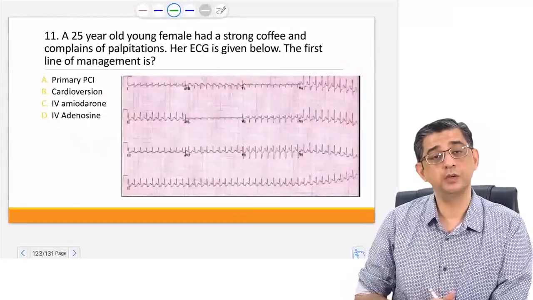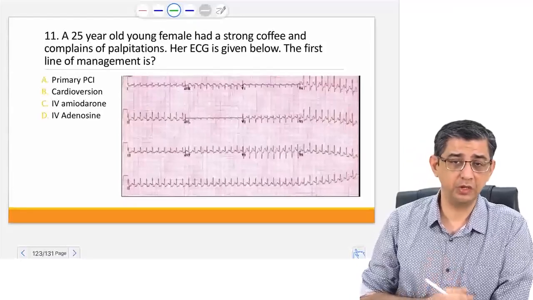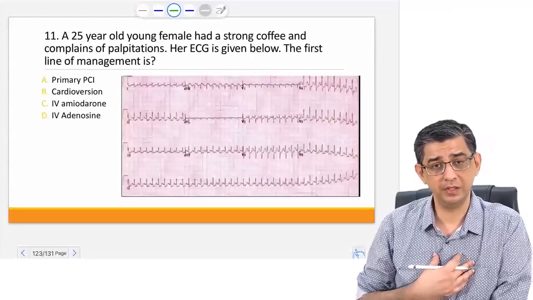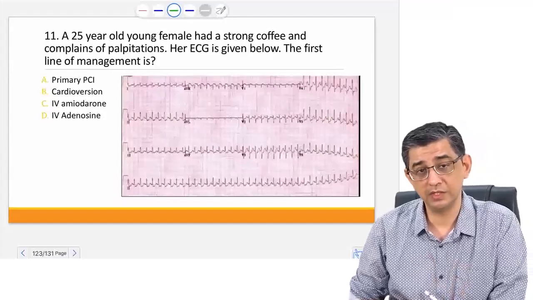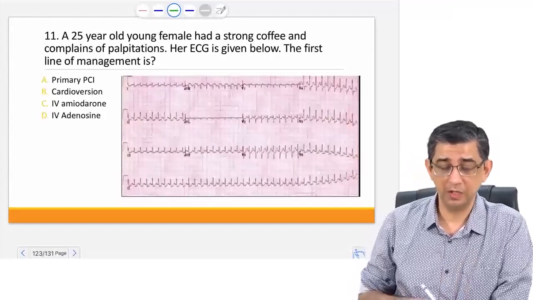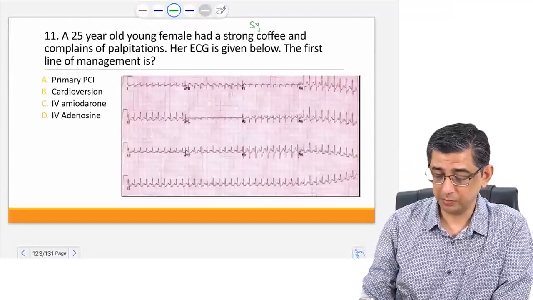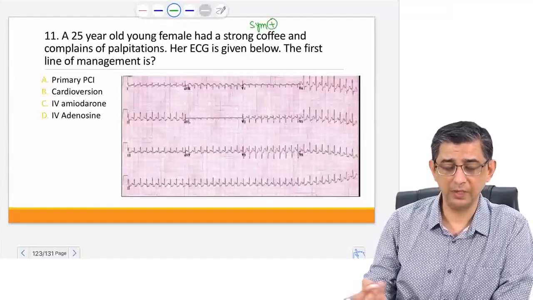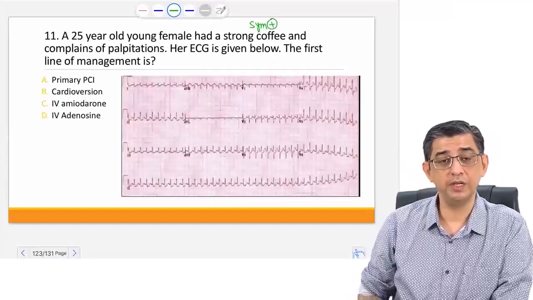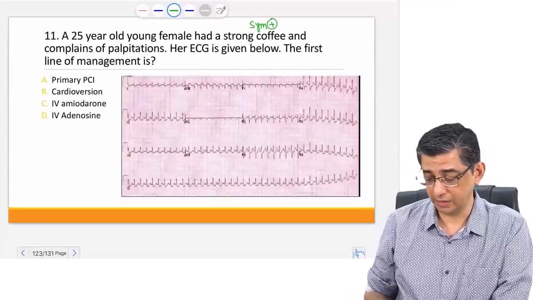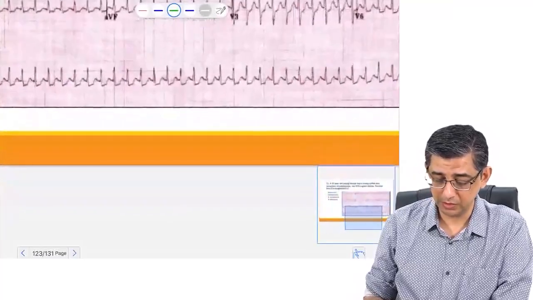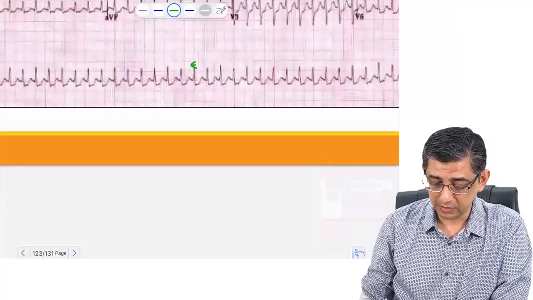The next question talks about a 25-year-old female. She had a very strong coffee and then she's having these palpitations. Her ECG is given below. What is the first line of management? Whenever you study about sympathomimetic stimulation and then complaints of palpitations, we have to think in terms of usually a supraventricular tachycardia. Now, if I zoom in into the ECG here,